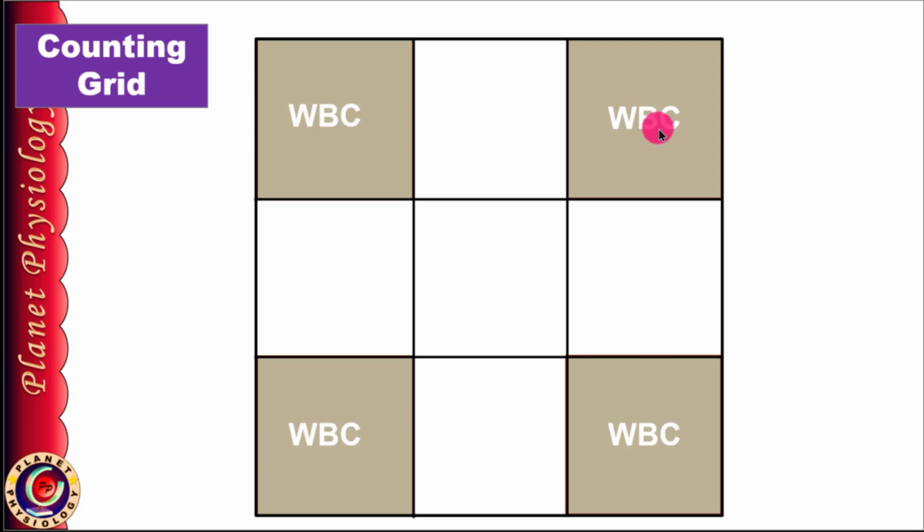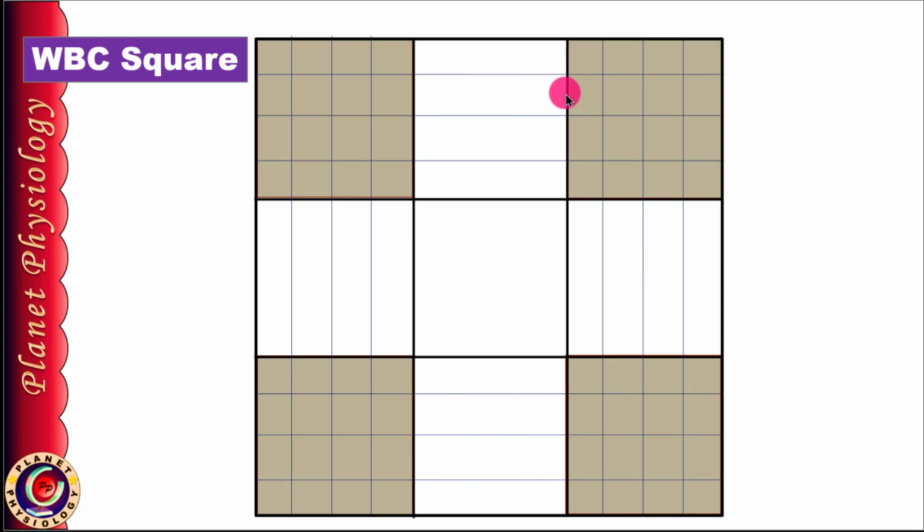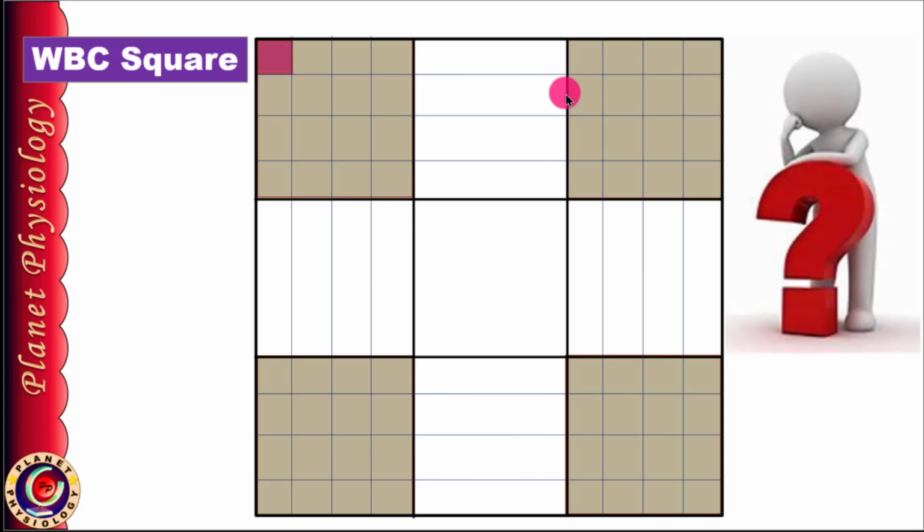When viewed under 10x or the low power objective, you can see one entire WBC square. Counting the cells across this complete 1 mm square area can lead to eye strain and counting errors. To address this issue, each WBC square is further subdivided into 16 smaller squares. At this point, pause the video and try to calculate area and the volume of one smaller WBC square. It's a basic math. Great. I am sure many of you have got it right.